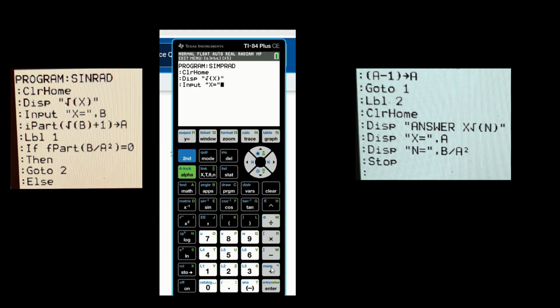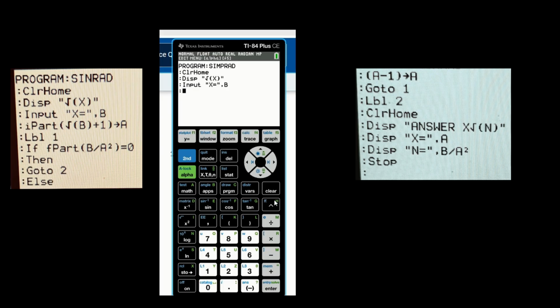Okay, so after a quotation mark we are gonna press this one, comma. Okay, then we will press alpha B. Okay, and then let's hit enter.